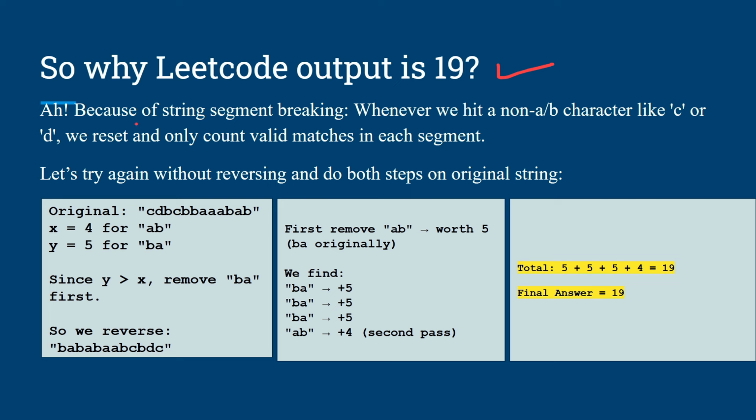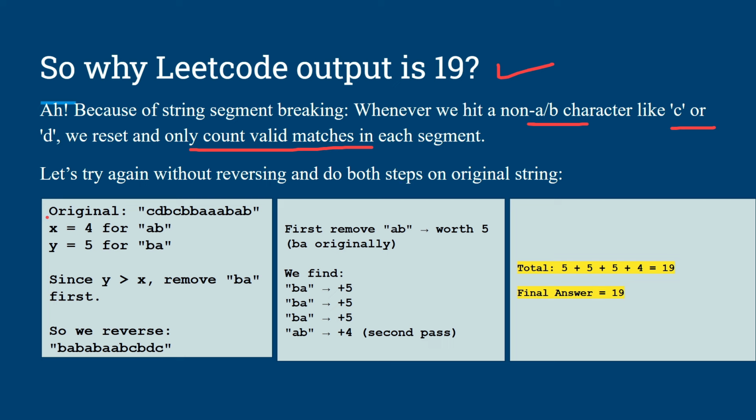You can say it is because of the string segment breaking. Whenever we hit a non-AB character like C and D, I have shown you, right? We reset and only count valid matches in each segment. So let's try again without reversing and do